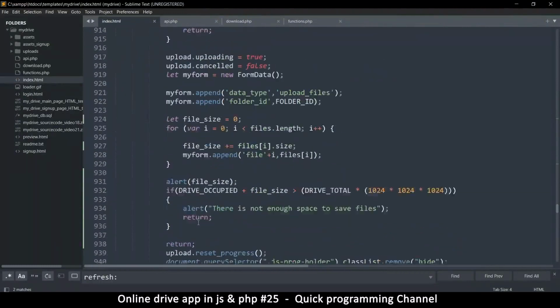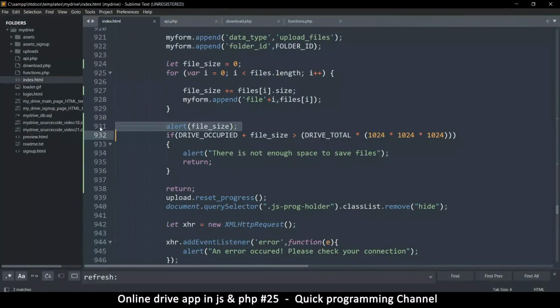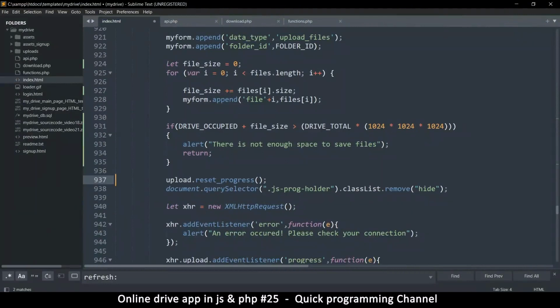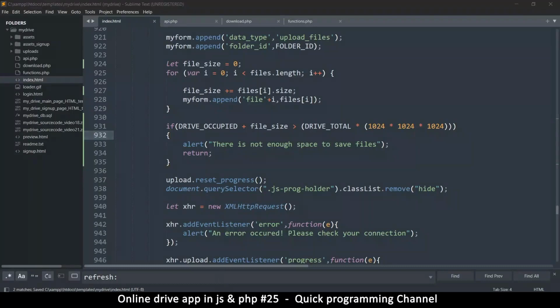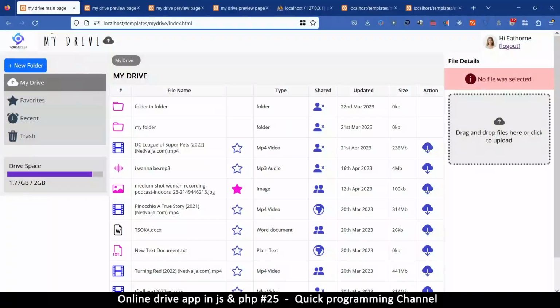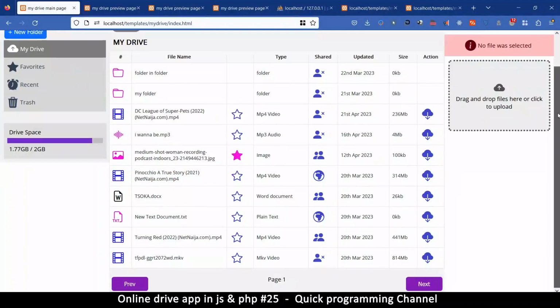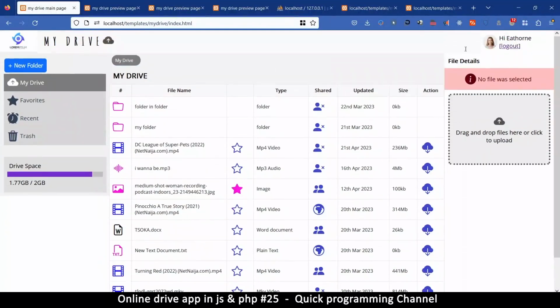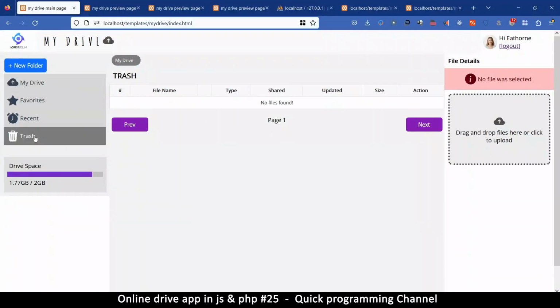Great. So this part here, we remove our alert and we remove this return here. So at this point now, it tells you if there's not enough space, so you don't waste your time, which is awesomeness. Okay, this pretty much completes our tutorial, our series in this, because everything seems to work just fine,